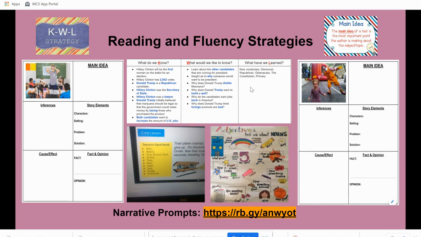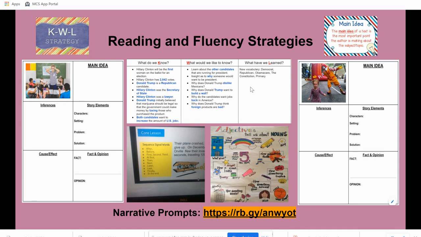I made sure, as you see, I am very big on vocabulary. That was the first thing I wrote on this document, new vocabulary. If they don't understand that there are different parties, then they don't understand why we are having people talk about Democrats and we are seeing a donkey. We want to be sure that we understand the difference, there are colors for the different parties. There's red and there's blue.